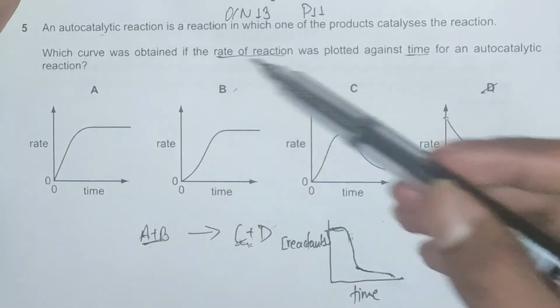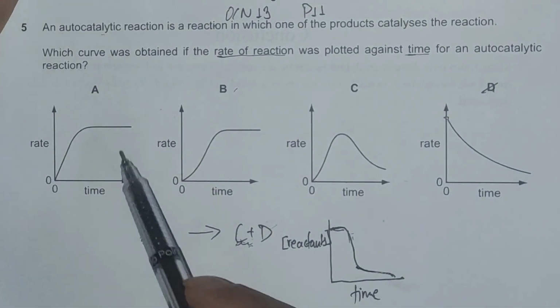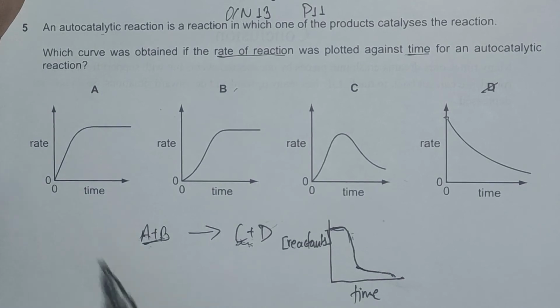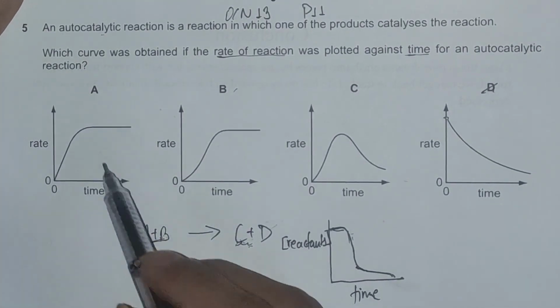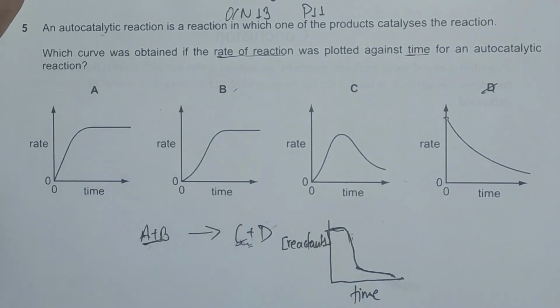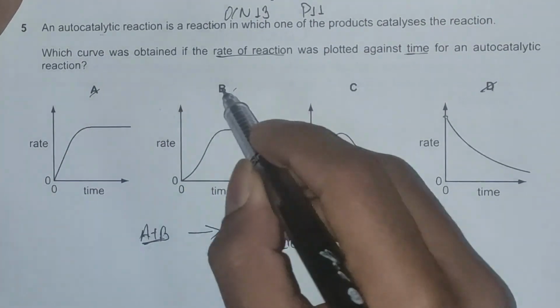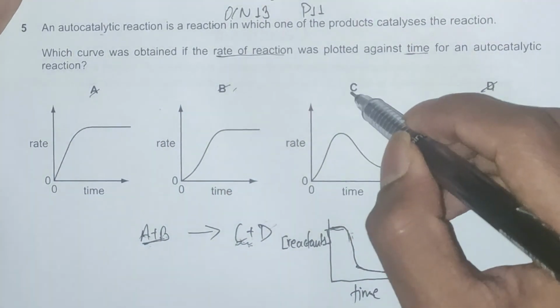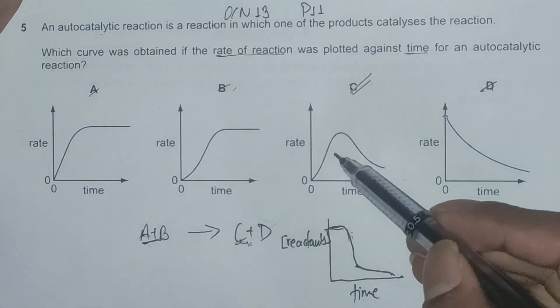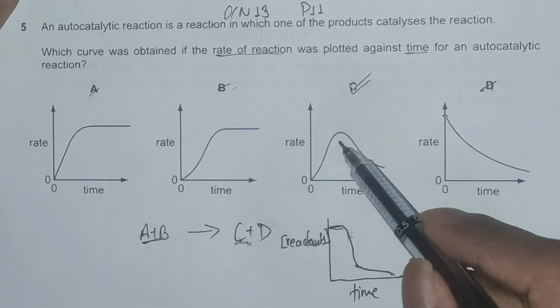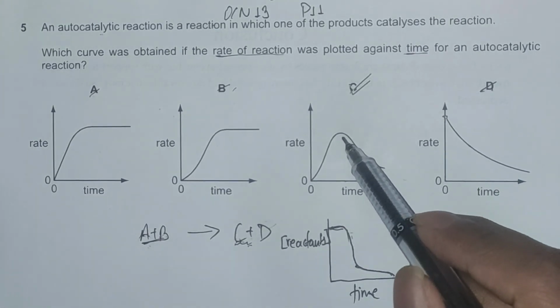So now looking at the relevant rate graphs, the flaw with both of these graphs is that they don't show any decrease in rate, because once all the catalysts are used up, the rate should eventually decrease, and both of these graphs don't show that, so we can rule out options A and B as well. The final correct answer is option C, and if we dive a little bit more into this, we can see it exactly verifies what we have discussed earlier.